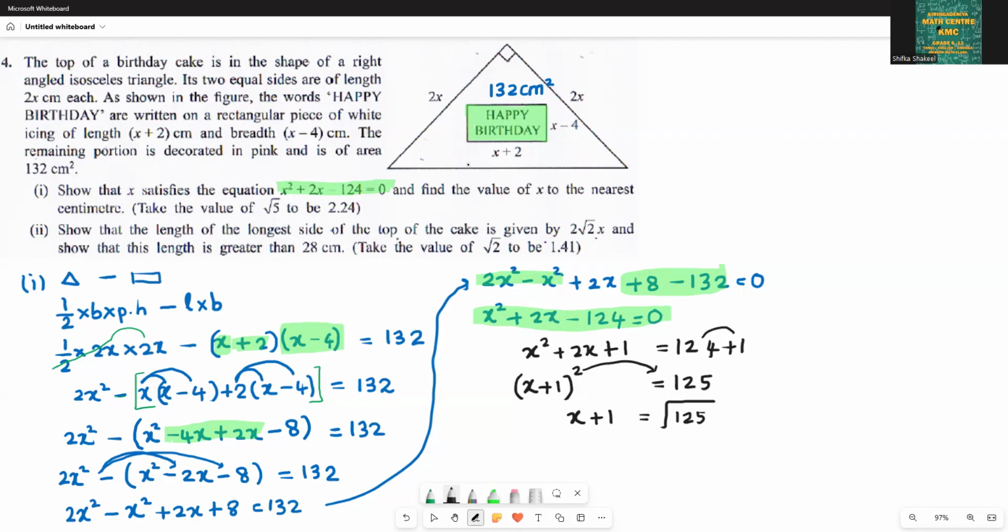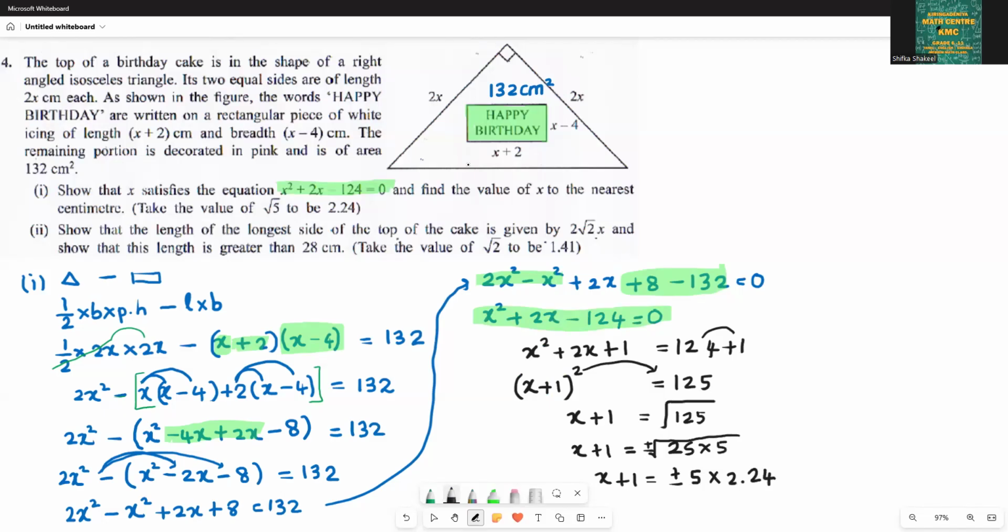Square root of 125 is not given here. So x plus 1 is equal to the square root of 125. We can write 25 times 5 is 125, because 25 is a square number. We have to write plus or minus. So x plus 1 is equal to plus or minus the square root of 25, which is 5, times the square root of 5, which is